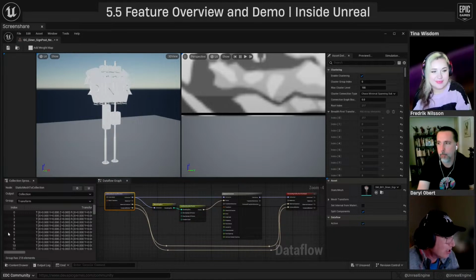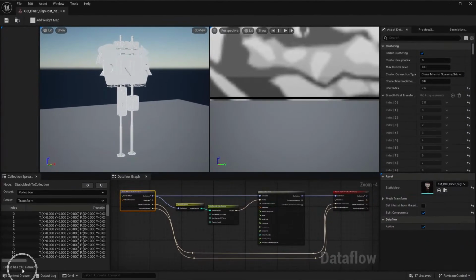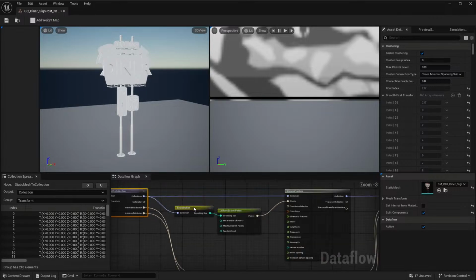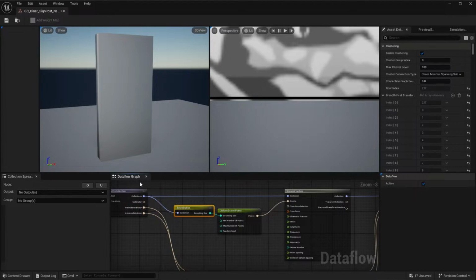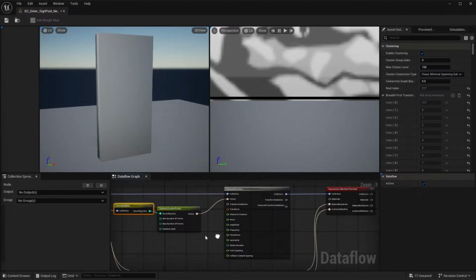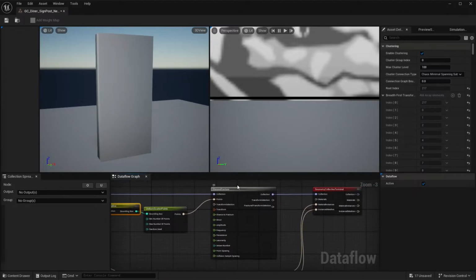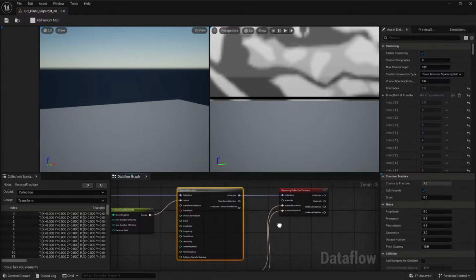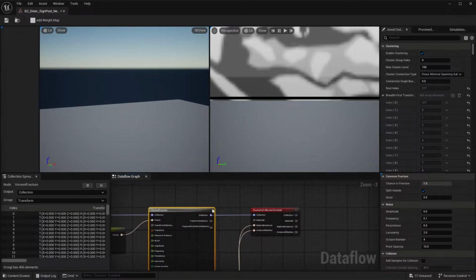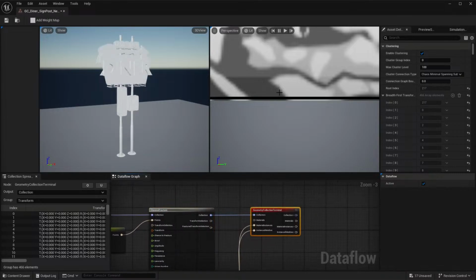So you can see that is a single static mesh, but it's made up, if you look right down here where my cursor is, 218 elements. All right. And what we're doing is we're going to build a bounding box around the volume of that. We're going to use some scatter points, and we're going to run a Voronoi fracture on that, right? So that fracture is going to come through and ultimately then go back out and drive the geometry, right?